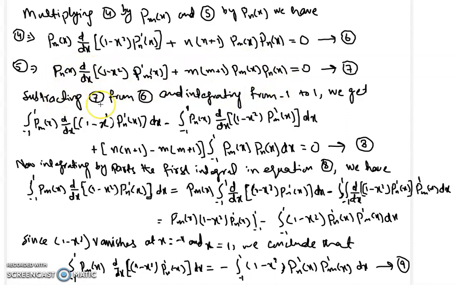Now we subtract equation 7 from 6 and integrate from -1 to 1, so we get this result. Integrating from -1 to 1, this term minus this term, and integrating this as well as this, but we have to subtract this